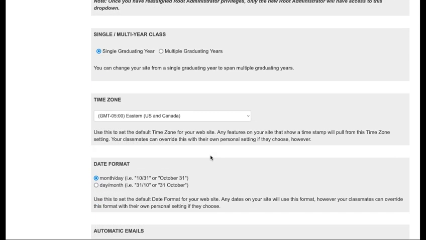Okay, the second section here is called Single/Multi-Year Class. When creating your website, you will go through the process of setting up whether or not your site is a single year or a multi-year, multi-graduating year website. Typically, you can predetermine whether or not you want your site to be a single year or a multi-graduating year website. However, there are cases in which you want to convert your site from being a single year to a